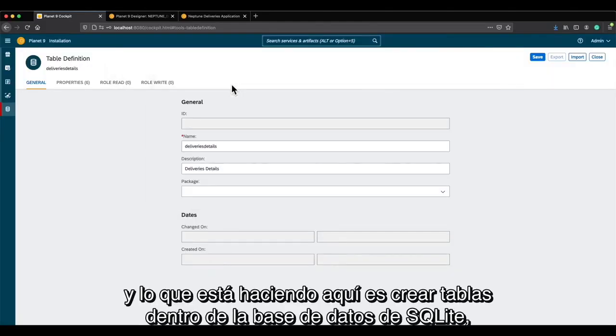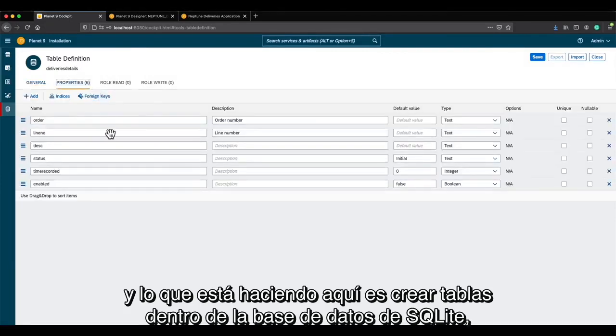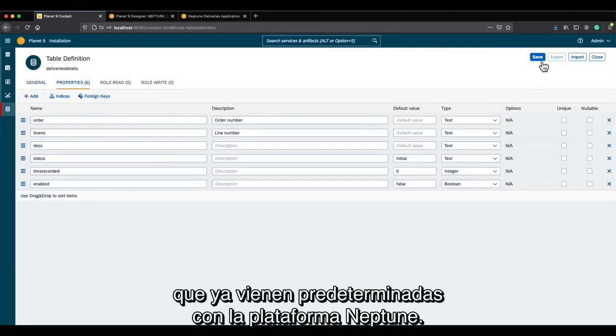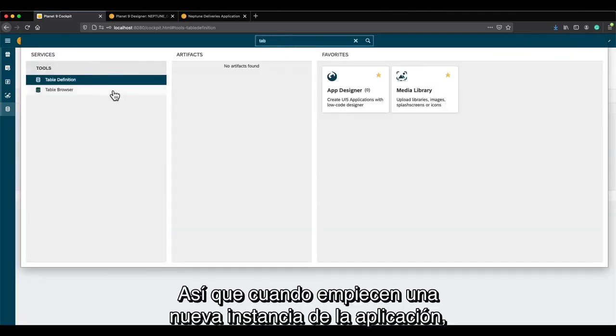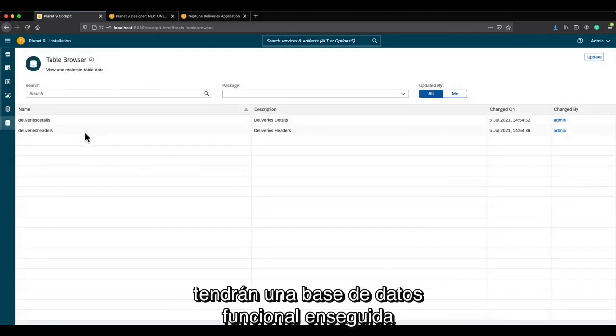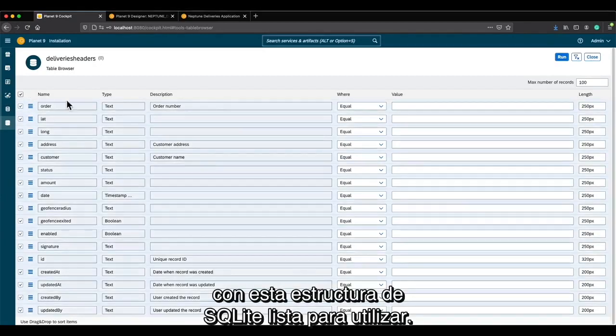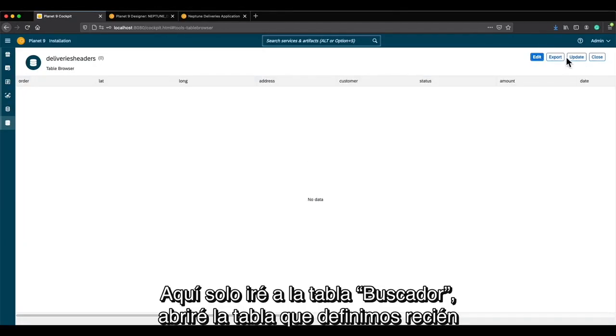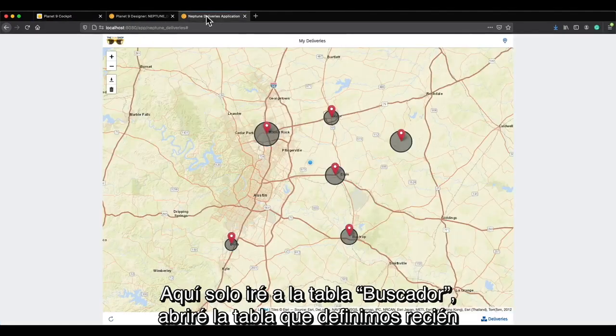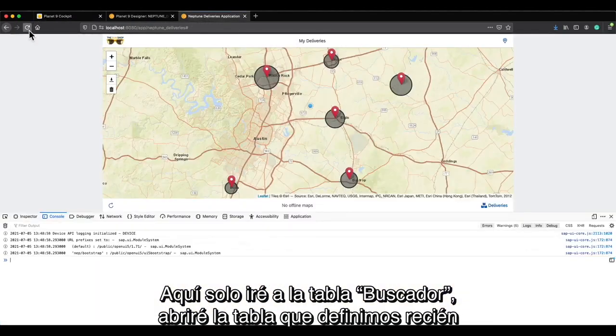And what this is doing is it's actually creating tables within the SQLite database, which comes by default with the Neptune platform. So whenever you start a new instance up, you'll have a functional database straight away with this SQLite structure ready to go. Here, I'm just going into the table browser and I'm opening up the table that we